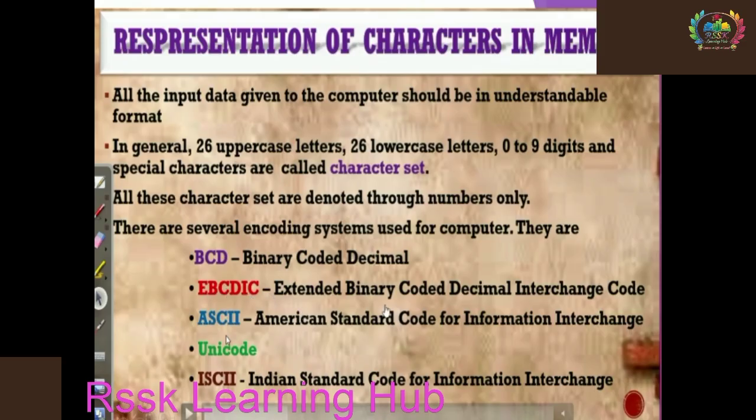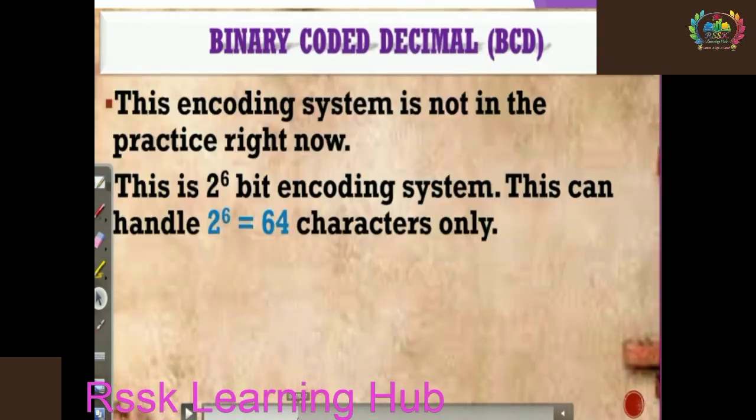EBCDIC is Extended Binary Coded Decimal Interchange Code. Then ASCII, American Standard Code for Information Interchange, Unicode, as well as ISCII, Indian Standard Code for Information Interchange. We will see one by one what is the use of each code and what is the main difference between these codes. First, coming to BCD, it is not in practice now, but its representation should be known,